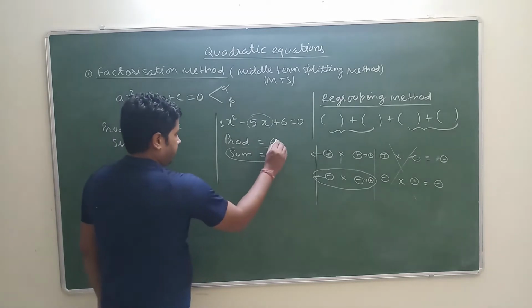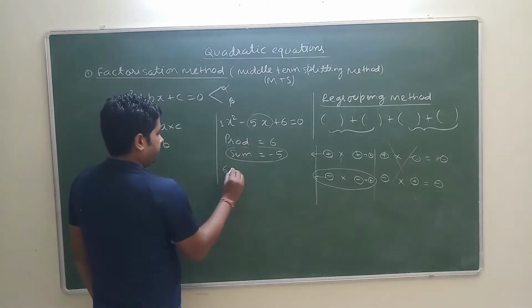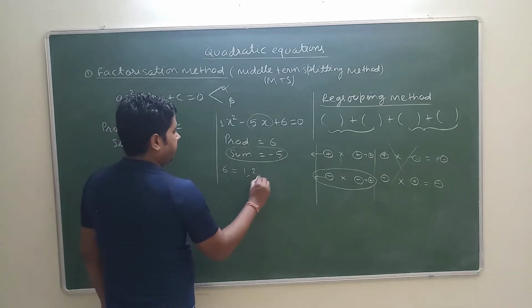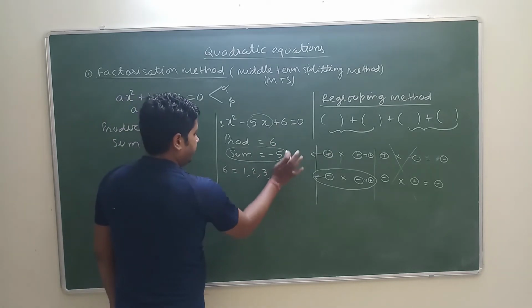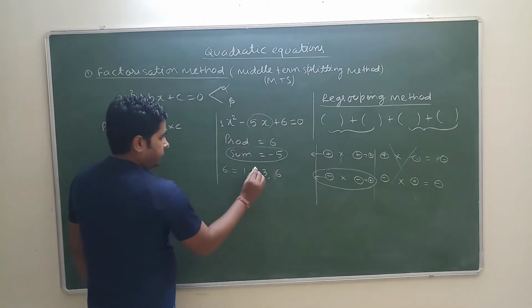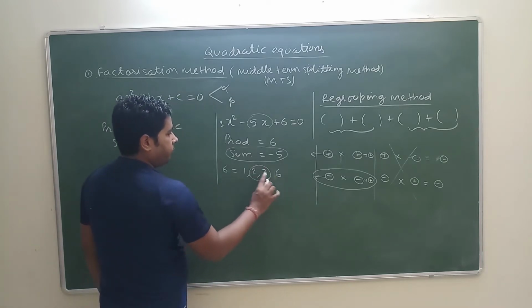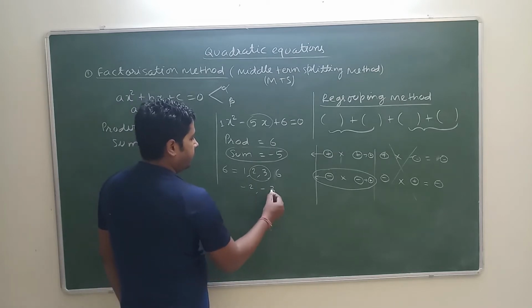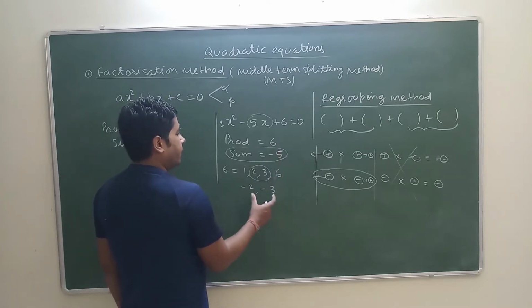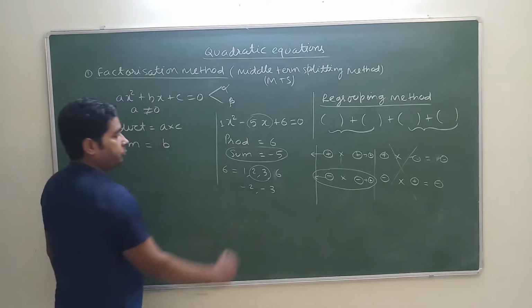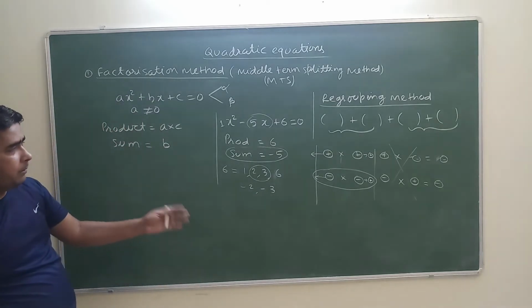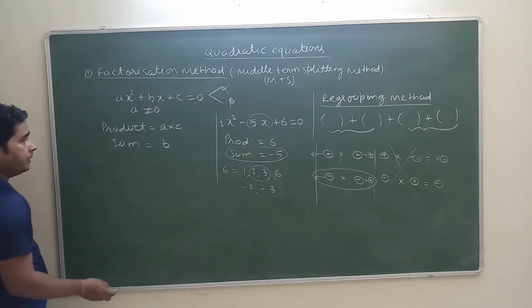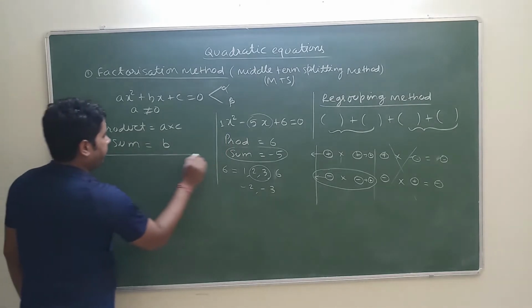Now we'll factorize this 6. Factors of 6 are 1, 2, 3 and 6. So 3 and 2 both will be negative, so the numbers will be minus 2 and minus 3. When you multiply these, you will get plus 6. When you add them, you will get minus 5. So these 2 are the factors. These 2 are the middle term splitting factors, right? So we'll be writing this